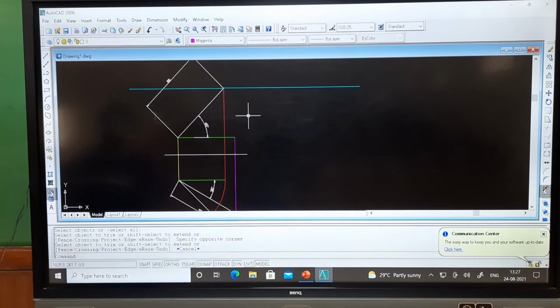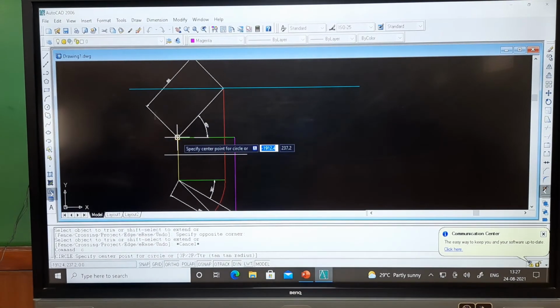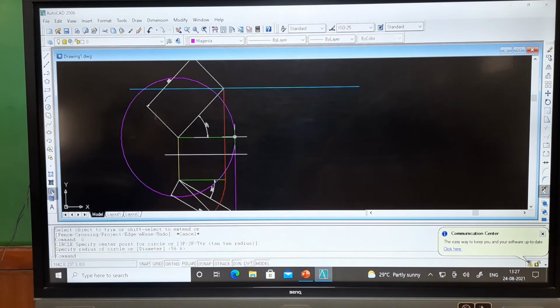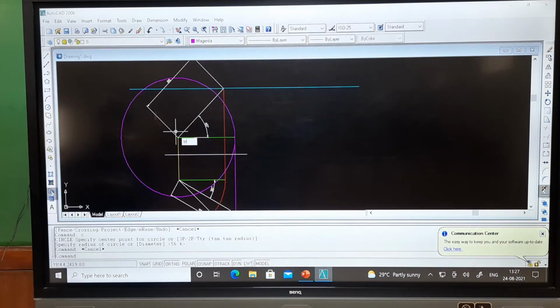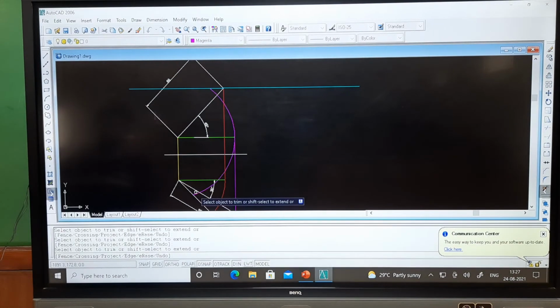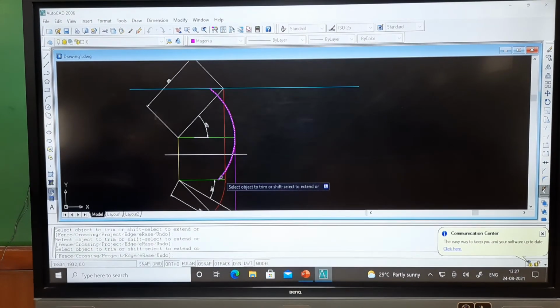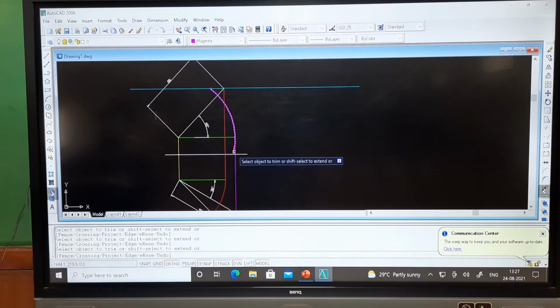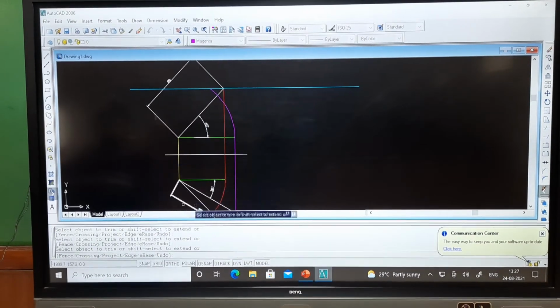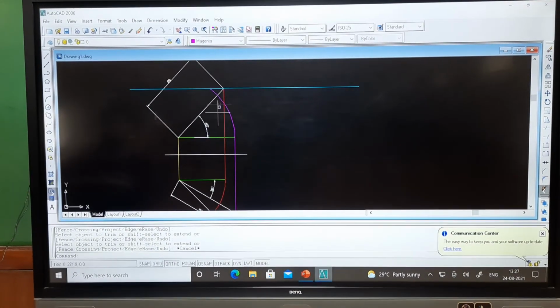Now, next we have to use the circle command, C enter. From this point, this is our B complement to Q1 complement, Q2 complement. So, I am getting the radius up to here. After that, I have to use the trim command, TR double enter. This is the unwanted circle, I am trimming this one. If I use the delete command, the whole circle will be deleted. I do not want to delete the complete circle, I need this arc. Because of that, I will trim the rest except this one. So, here I got this one.